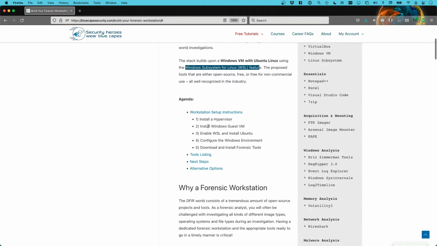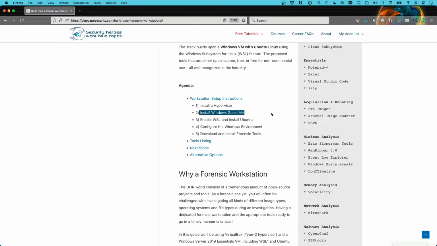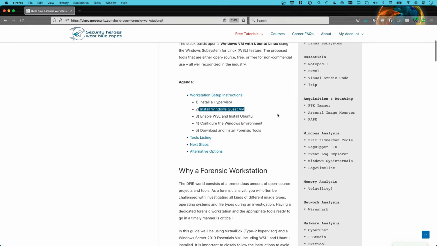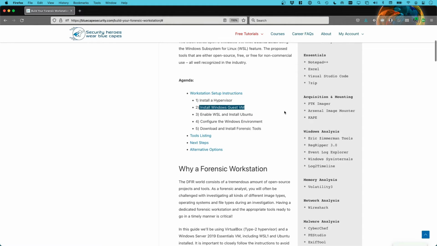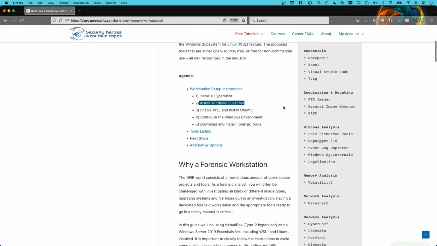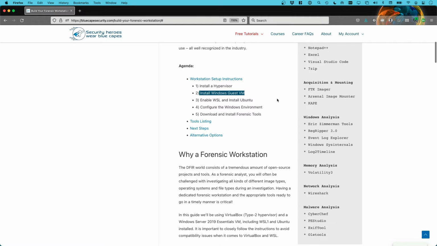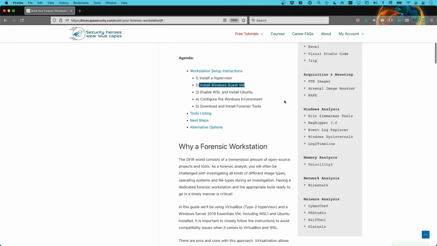Now, we will be setting up the hypervisor and then following by the Windows Guest VM. And there's actually a very quick and easy way to do so. There are free Windows trial versions around that you can just use and download, which come with a 90 or 180-day trial period. So we will be setting up a Windows 2019 server version, and that's going to come with a VHD, which means it's already pre-installed. We don't have to go through the entire installation process. So this is why we're trying to keep this to a minimum and go through this as quickly as possible,